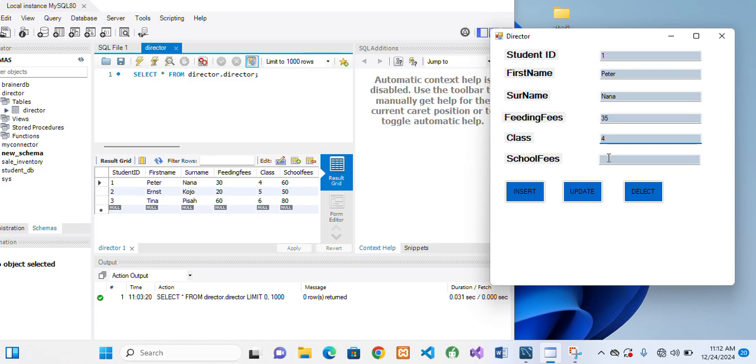That's right. And they also decided to increase their school fees, because Peter was paying 60 cedis or $60 or naira or whatever. So the school fees was 60. Then they decided to increase it from 60 to 65 or 70. Let's make it 70. So we have only made 2 changes, which is the feeding fee from 30 to 35 and school fees from 60 to 70. So when you click on update,